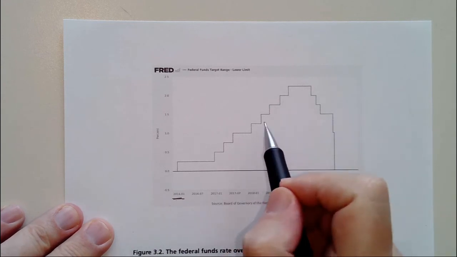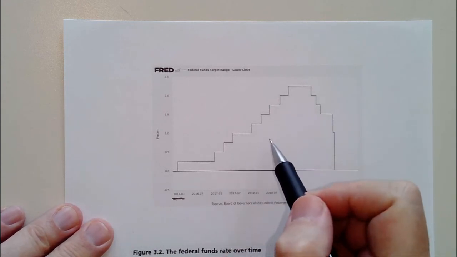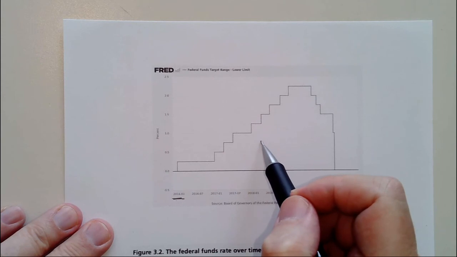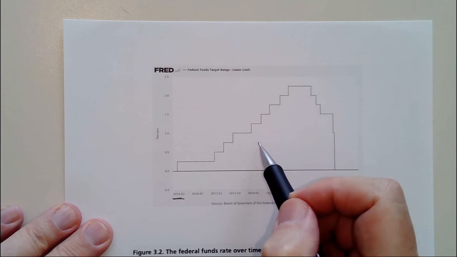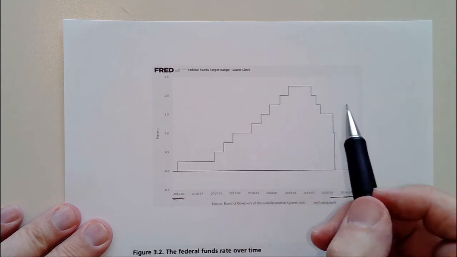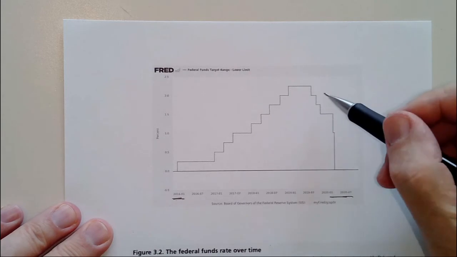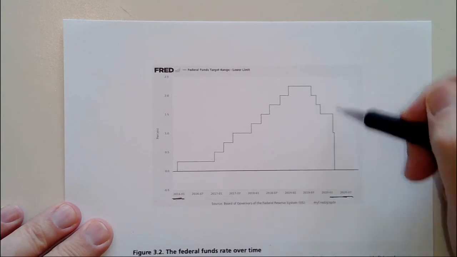And they were doing that because their main concern was about inflation. They felt the economy was doing well. The expansion was going on for a long time through the last 4 or 5 years of the Obama administration and the first 3 years of the Trump administration. And then the virus hit, and then the Fed just dropped the rate real fast, and they just plummeted right there down to 0.